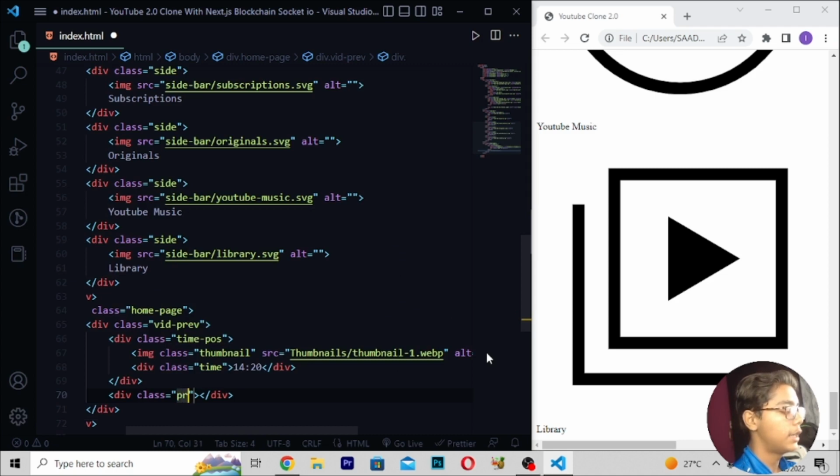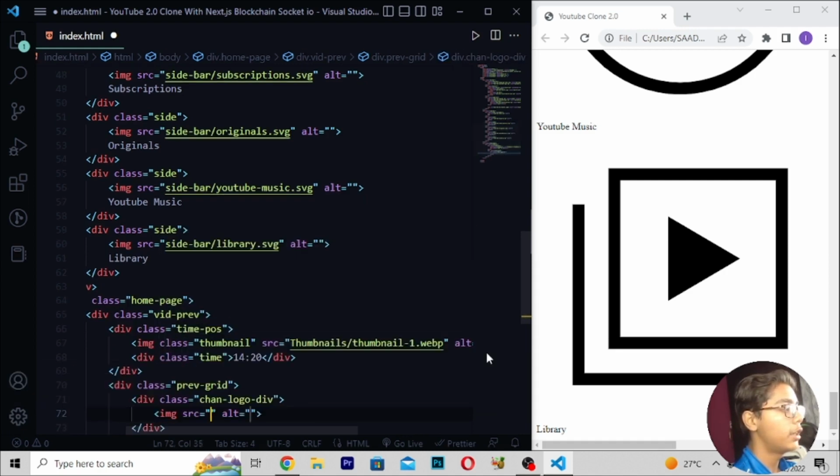Right here div class preview grid. Then when you've written this, here I will be writing div class, then channel logo dash div. Then you have to move down, right here image, in source I will be writing channels, so here I will be writing channel slash, so you can say channels logo, then slash channel, then channel dash 1 dot, then here I will be writing jpeg.